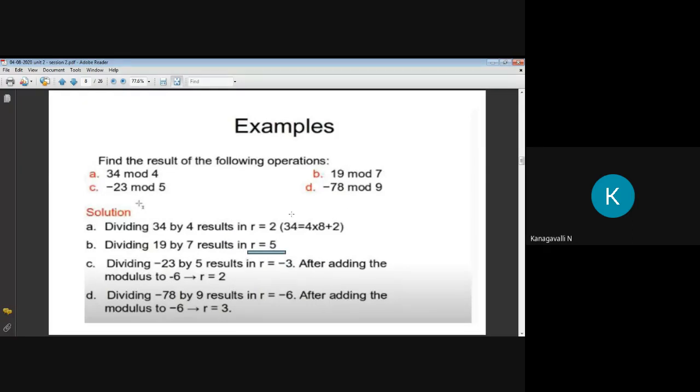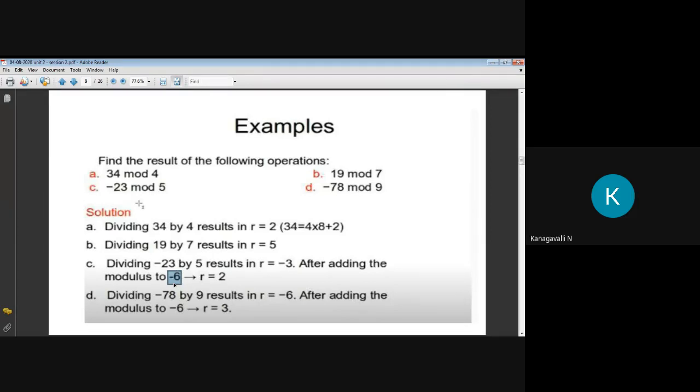Okay. Now check this negative mod value. If you know this modular arithmetic very well, then only can you easily solve your upcoming topics, like the Chinese remainder theorem and some other important problems. You just apply this basic modular operations solving method, then only you can get your ciphertext and plaintext values. Now check here, minus 23 mod 5. Please don't consider this minus 6 and this minus 6; it is a printing mistake.